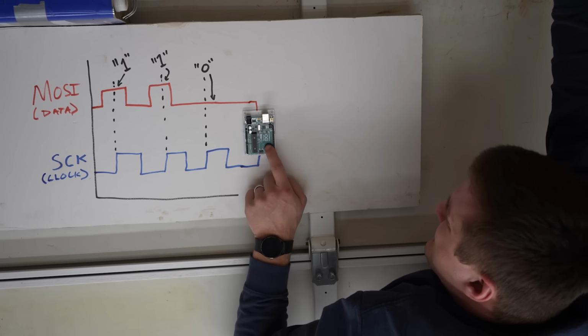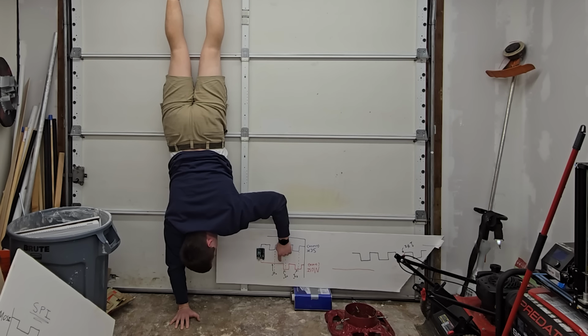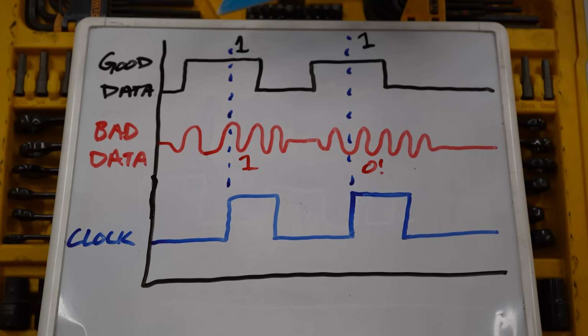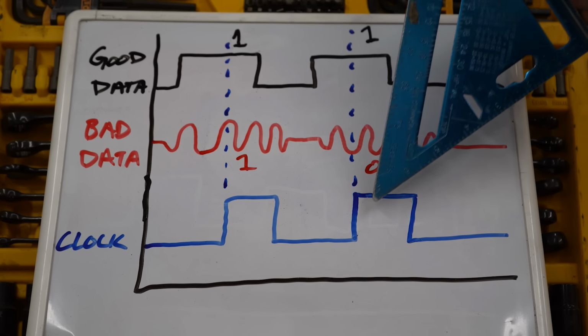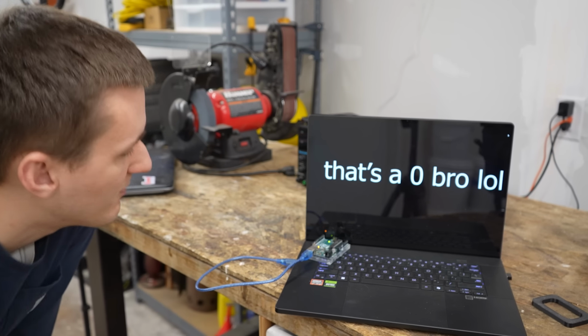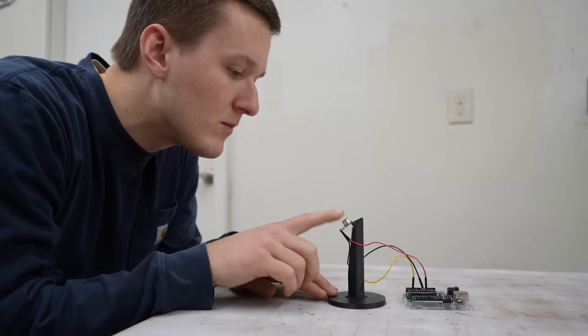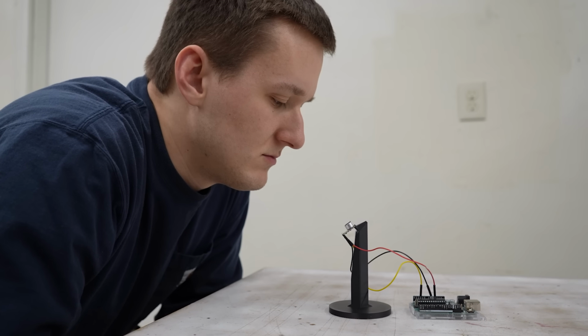The Arduino will then read the data on the MOSI wire when the clock goes from low to high, which is why it was so important that my voice not be a wave. If I was trying to transmit a 1, but my voice wave was in a dip when the clock went off, the idiot Arduino would read it as a 0 even though I was clearly speaking. Okay, I can now theoretically program the Arduino with only my voice, but what do I even say?